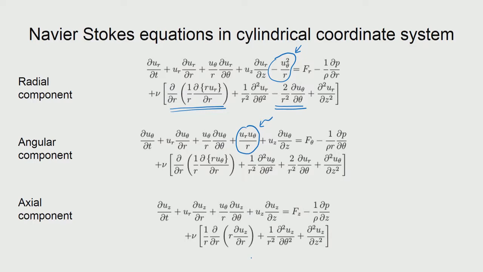So it is not directly substituting x y z with r theta z, but we need to watch out how the coordinate system transformations are being used. Pay attention to these highlighted terms, so that we can notice that the terms look a little different in the cylindrical coordinate system. We will take problems that will use these equations one at a time.